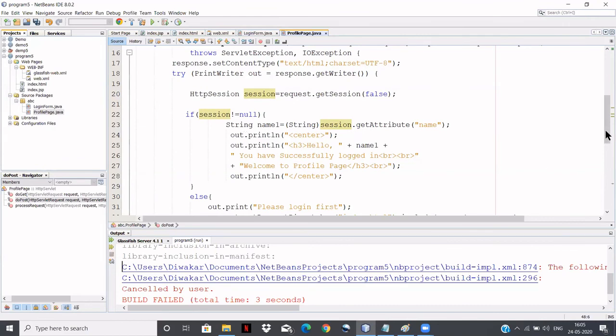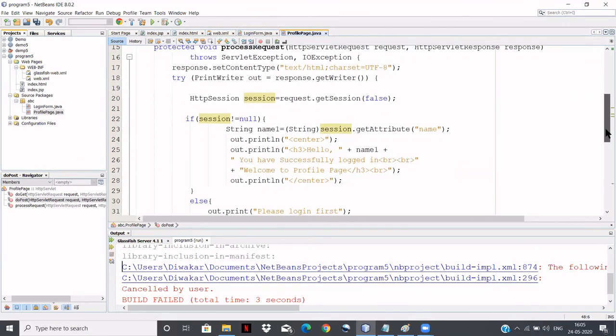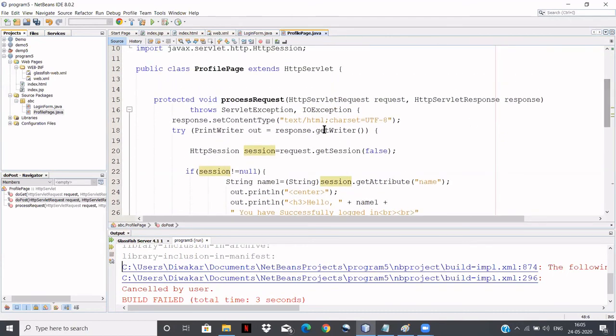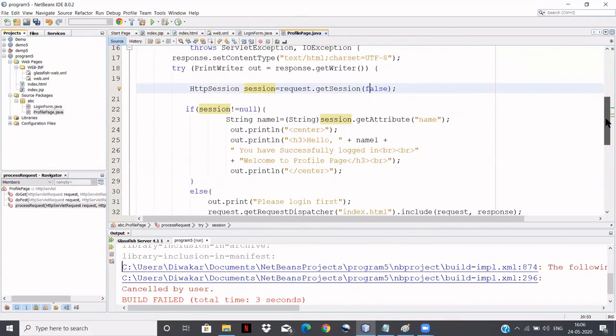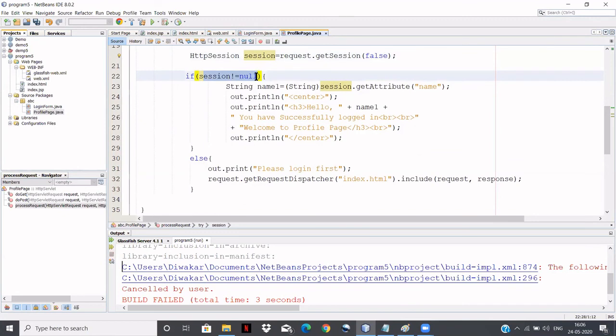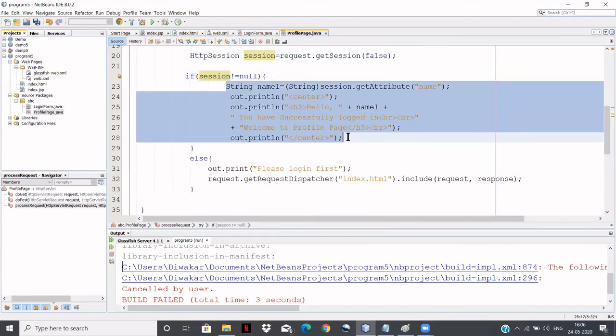Now observe this particular profile page.java here. What happens here? You are going to create a session here, that is HttpSession session = request.getSession(false). The Boolean value false means that if the session exists, then it is going to return the session. If the session doesn't exist, in this case it will return null, right? If the session is not equal to null, this part of the code gets executed.